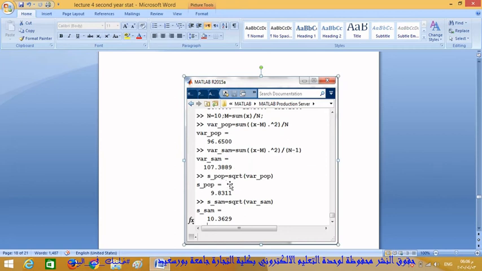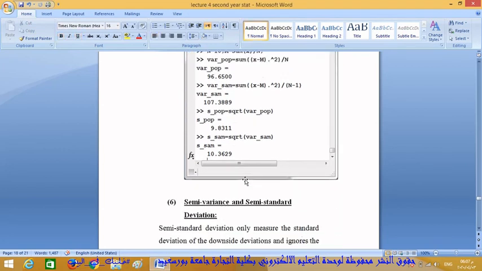the standard deviation for a population equals SQRT. SQRT means the square root of variance for population, which equals 9.8, and the standard deviation for a sample equals the square root of variance for a sample. Okay, so these functions, instead of calculating by hand or by calculator, not using the function of var and standard deviation. Okay,